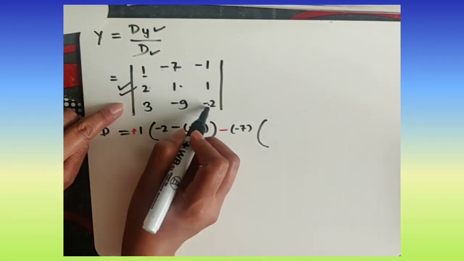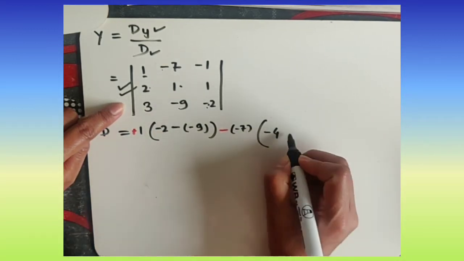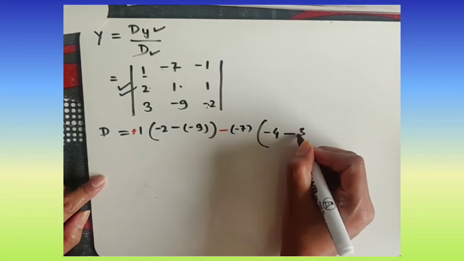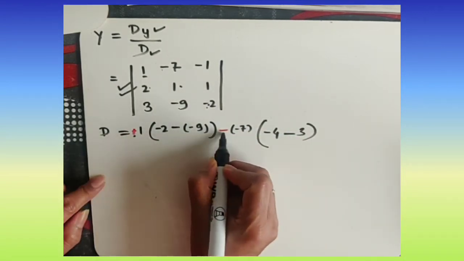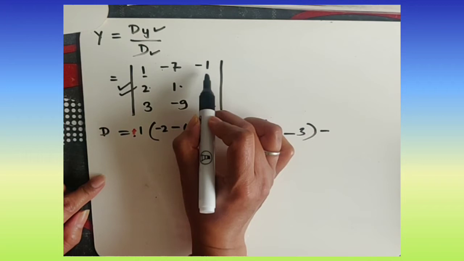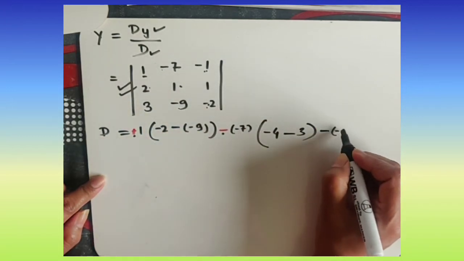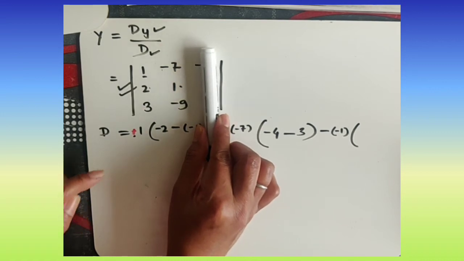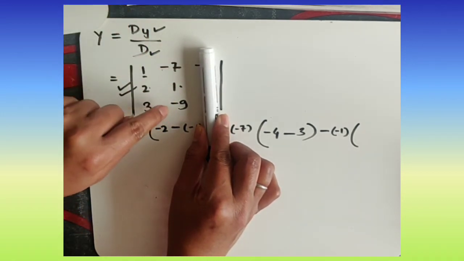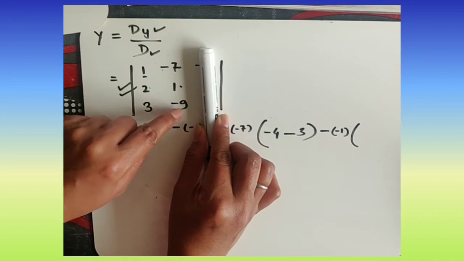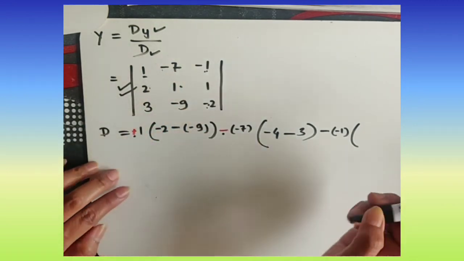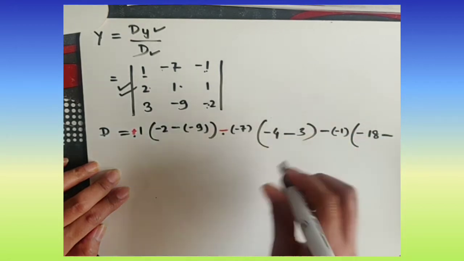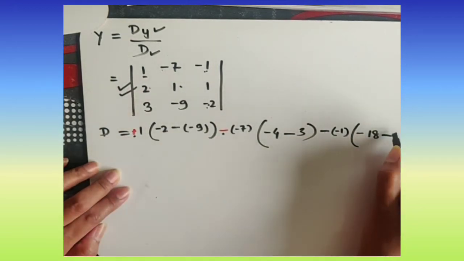Here it will be plus 2 minus 2 will give us minus 4, and then minus 3 multiplied by 1 will be 3, then plus minus and then again minus, but here the third number is our minus 1, so write it down in the bracket and cover the last column and first row and multiply this and minus this and this. So minus 9 multiplied by 2 will give us minus 18, and then minus 3 multiplied by 1 will be 3.